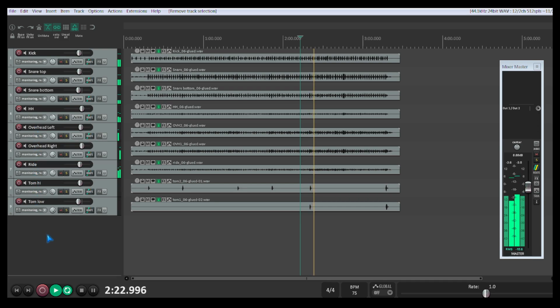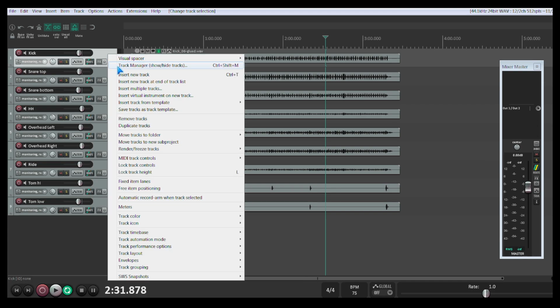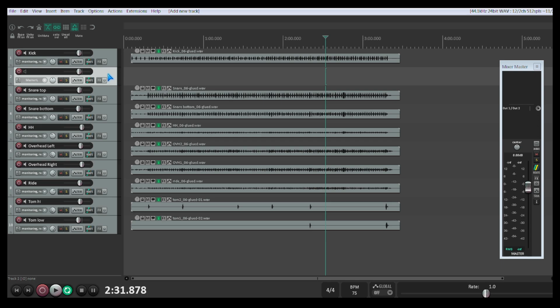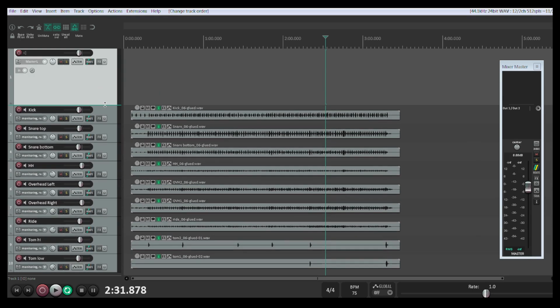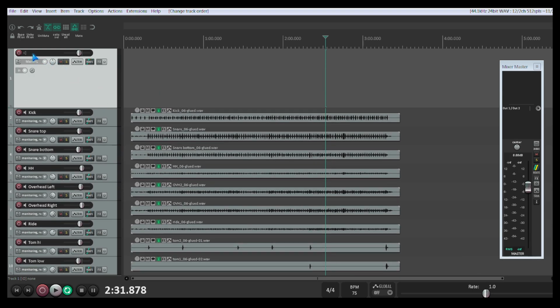We can edit these all at once by grouping them, and you can do it, but it's just harder, especially if you have even more tracks. You could risk mixing them up and just not doing a good job. So why don't we just create that multi-channel track easily by creating a new track, putting it up top, and we can name it whatever we want,